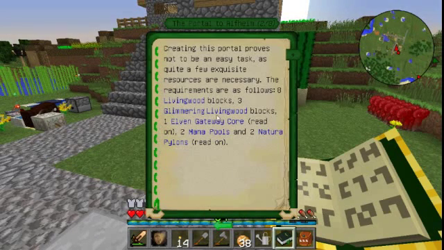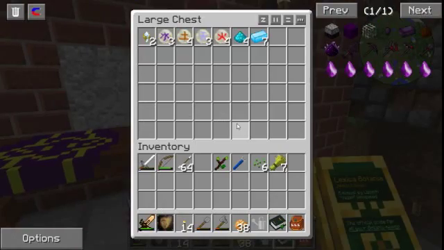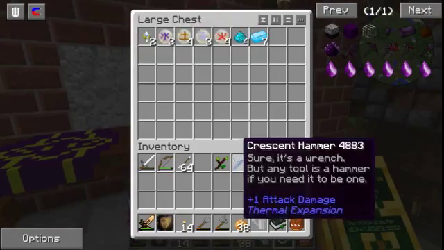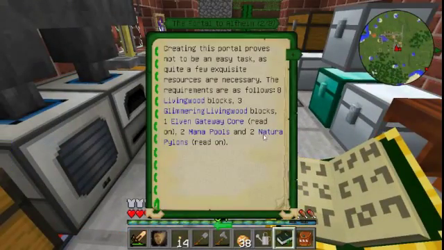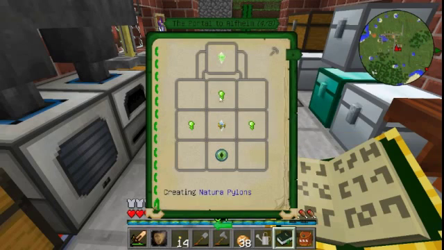I need to make the glimmering living wood, and I need to make the core mana pools. I don't need a lot of mana because I'm not going to have that thing open very long. I've already made the mana pylons. They're pretty easy to make. Does it show? Yeah, the mana pylons. I just need to turn them into